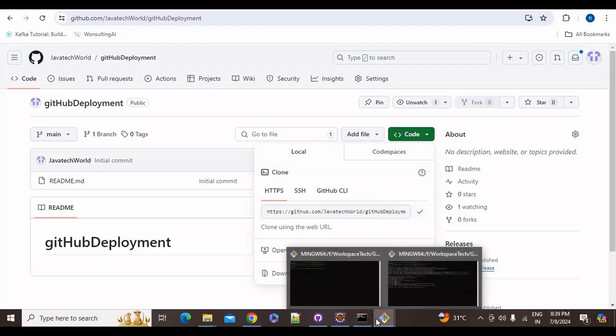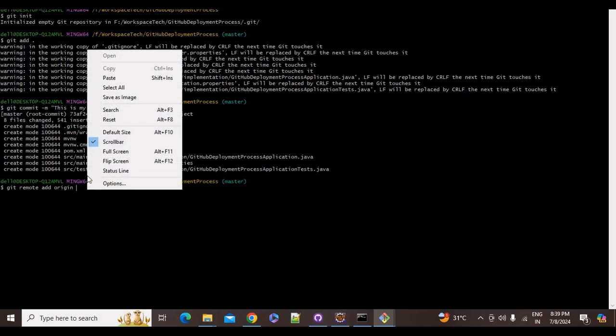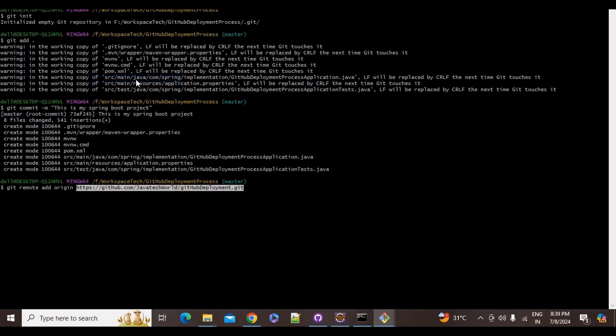And go to your bash again, right? So here you have to link it. So what you have to do is git remote add origin. These commands will be present in the description. You can directly see them from there itself. So you have to run this command to link your local code to this particular Git repository. So let me enter. So now my local code has been linked with this GitHub repository that I have made, right?